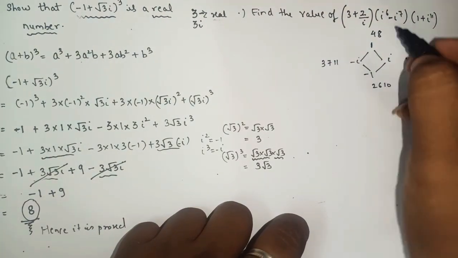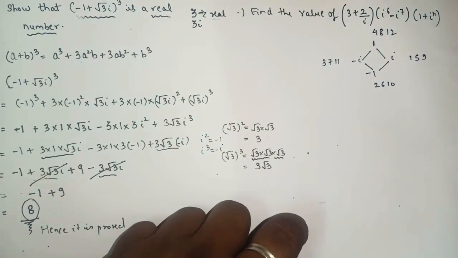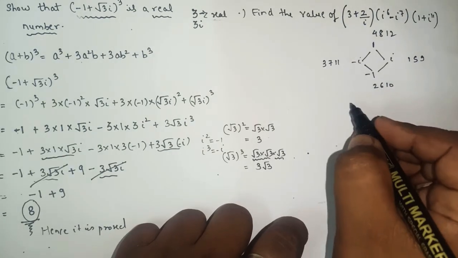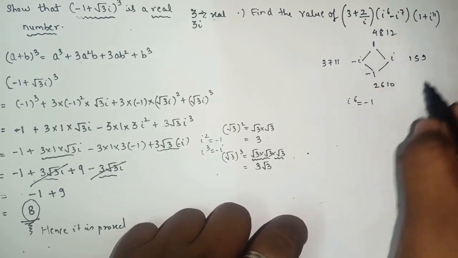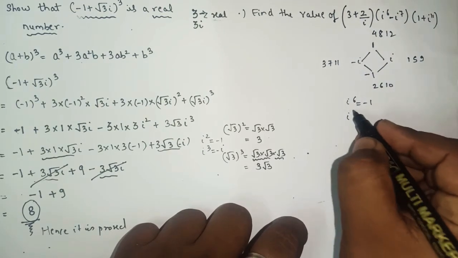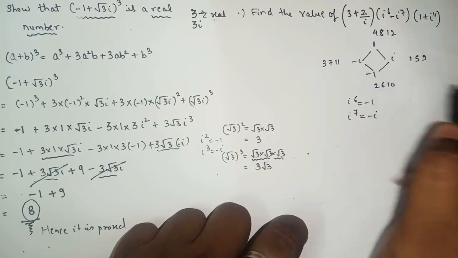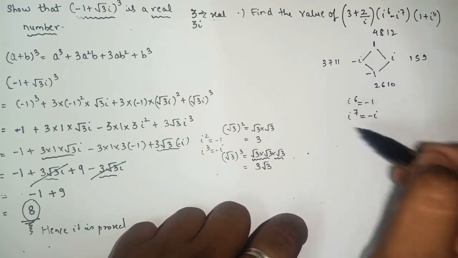Okay, and this is 12, then it goes on, and these numbers are the powers of i. As we have to find i raised to 6, clearly we can see that 6 comes here, so i raised to 6 will be minus 1. Then we have to find i raised to 7. 7 comes this side. So i raised to 7 will be what? Minus i. Then after that i raised to 11. Okay. It is up to you. By using this trick you can find your answer in just a fraction of a second.